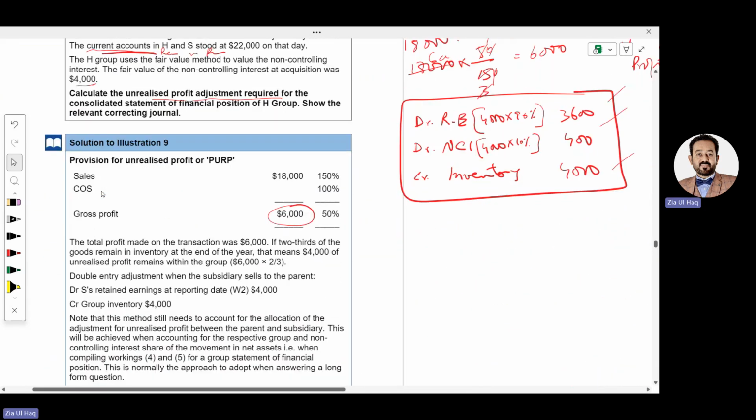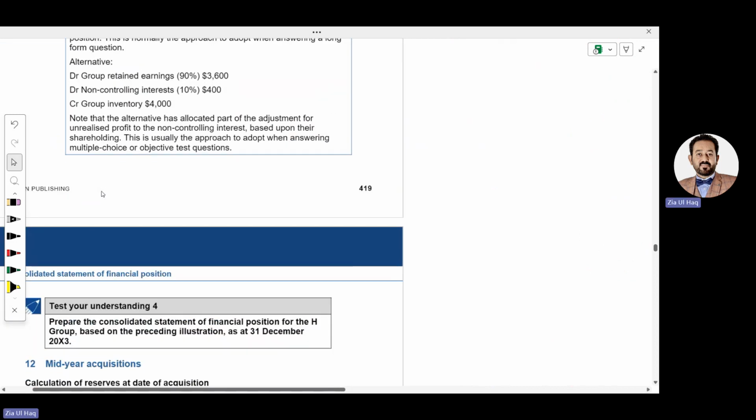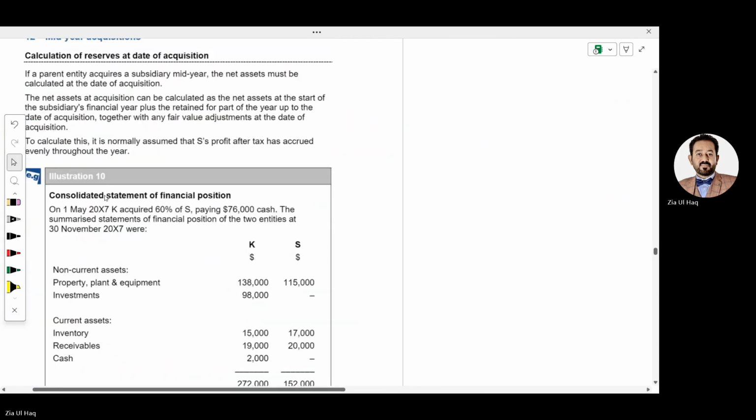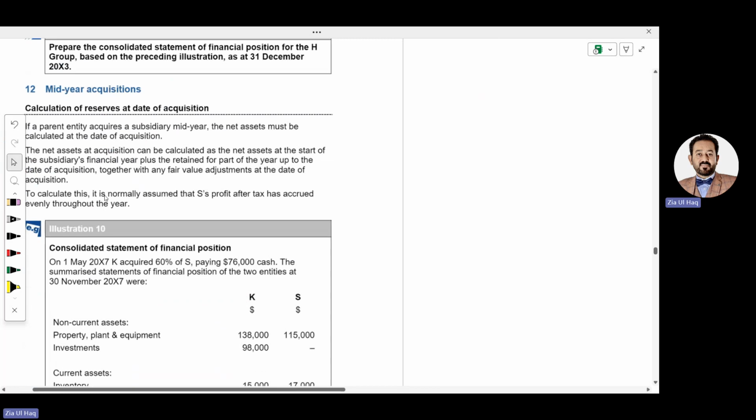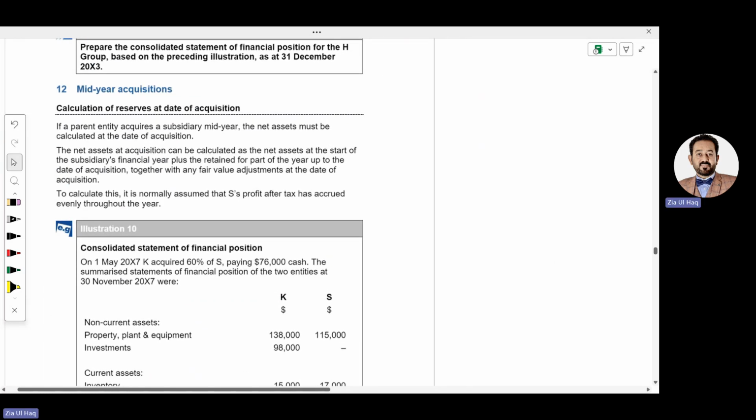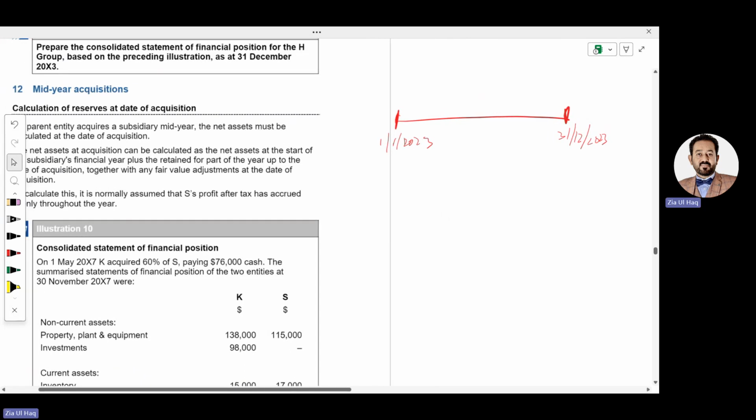Okay, now moving towards the last concept of this chapter. That is mid-year acquisition. What is this mid-year acquisition? Suppose this is the year end, 1st January 2023 till 31st December 2023. If the acquisition is made on this date,